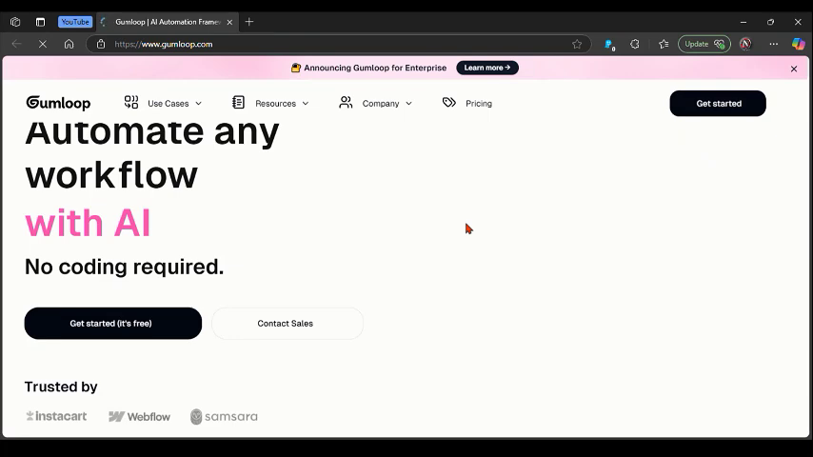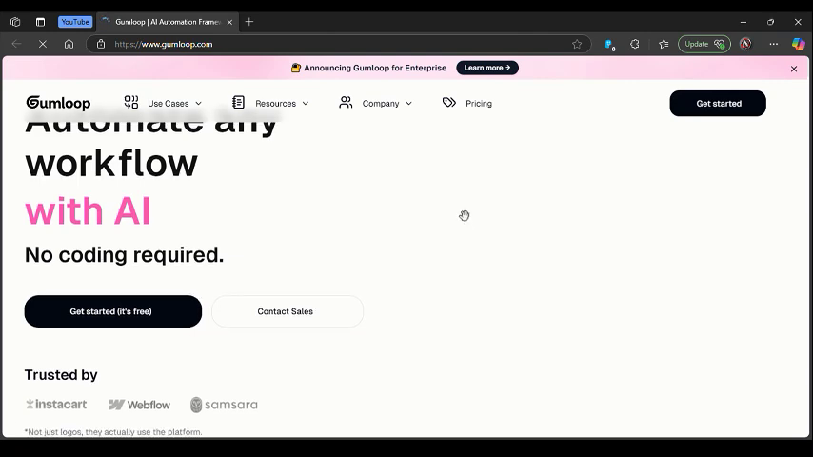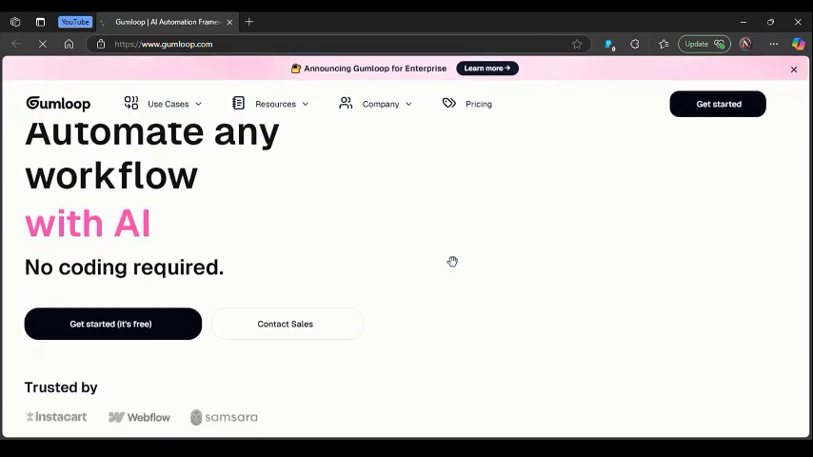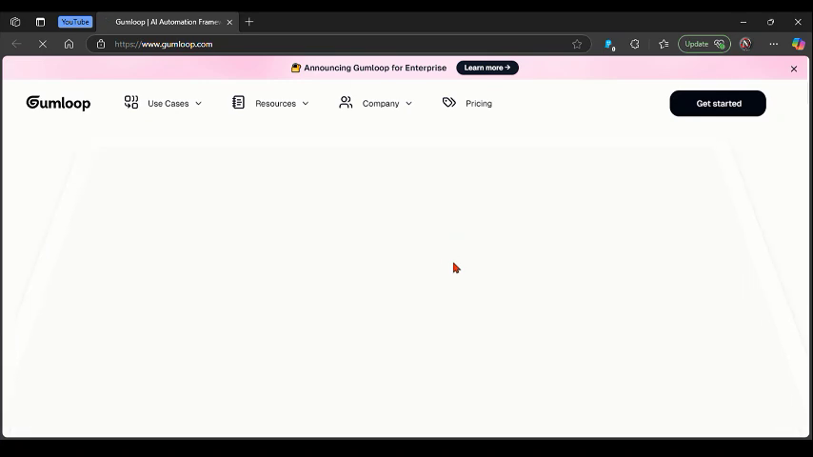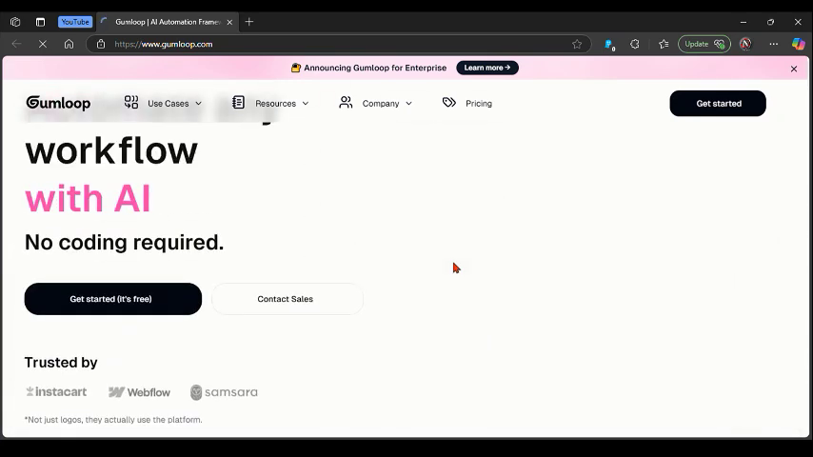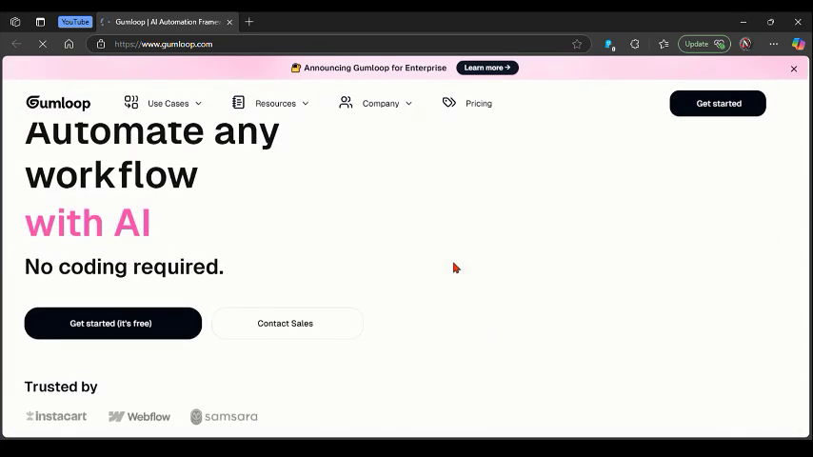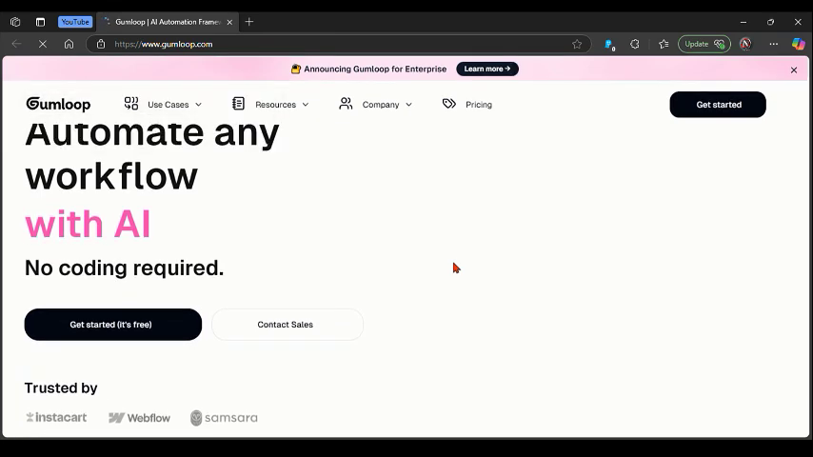In this video, I'm going to create a quick in-depth review about this AI automation platform, which is Gumloop. So to get started with a quick analysis about Gumloop, Gumloop has rapidly emerged as a standout AI-first automation platform in 2025, offering a no-code, drag-and-drop interface that empowers users to build complex workflows without writing a single line